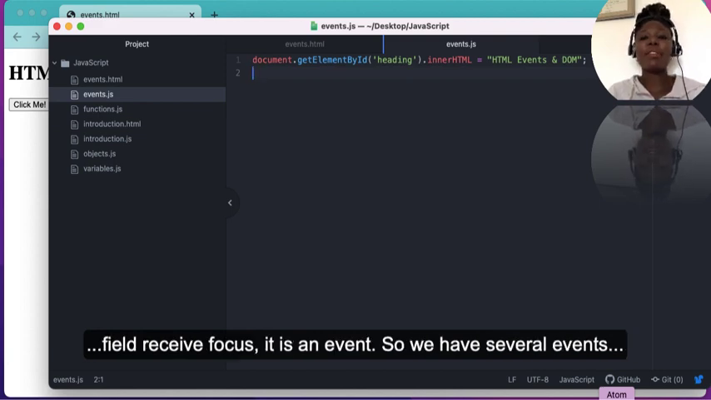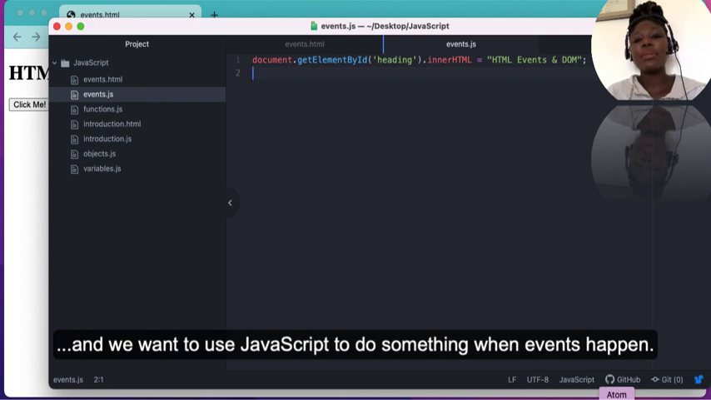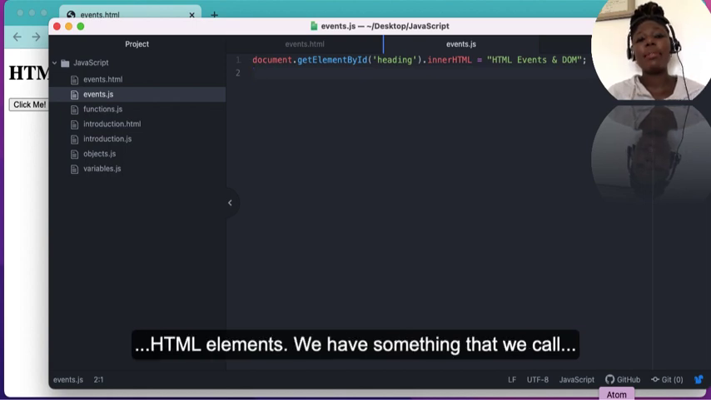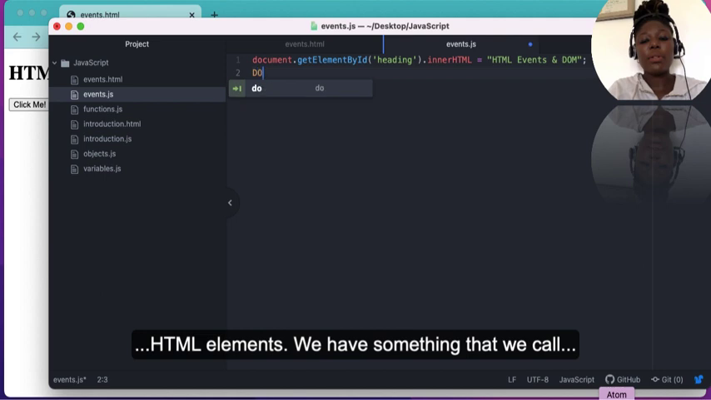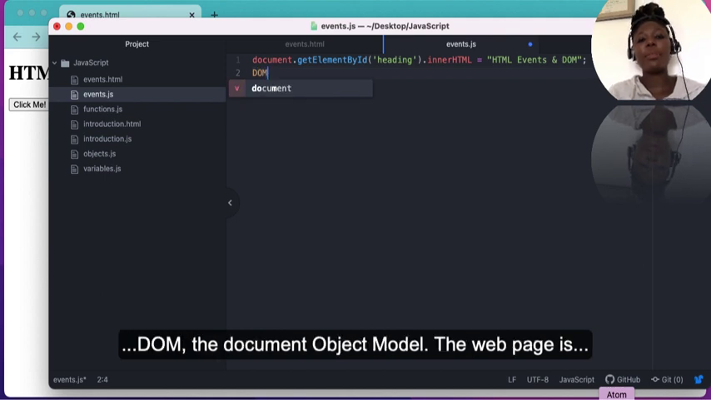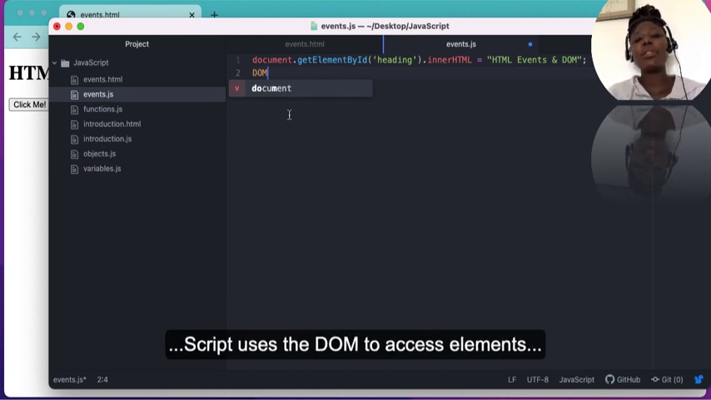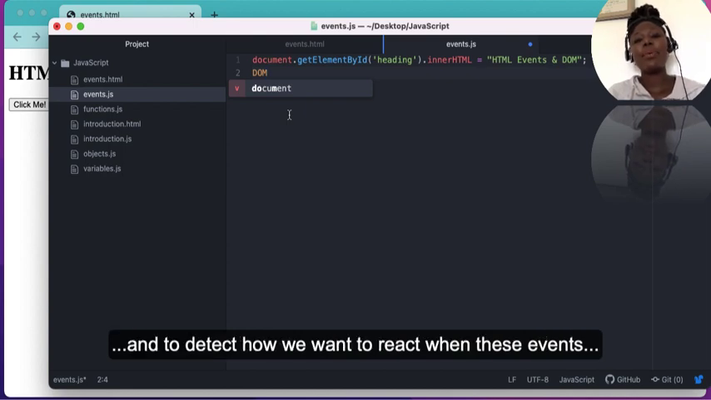So we have several events, and we want to use JavaScript to do something when events happen. But how do we use JavaScript to access HTML elements? We have something we call the DOM, the document object model. The web page is a document. All elements of the page are objects. And so JavaScript uses the DOM to access elements and to detect how we want to react when these events